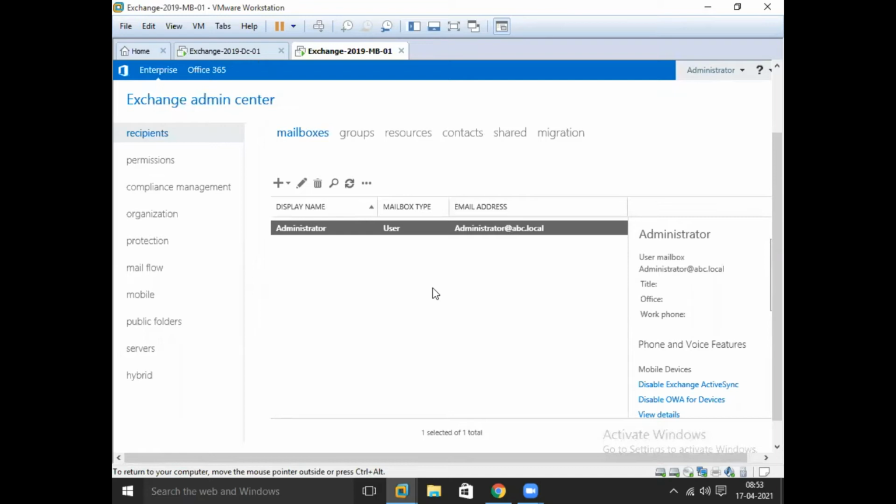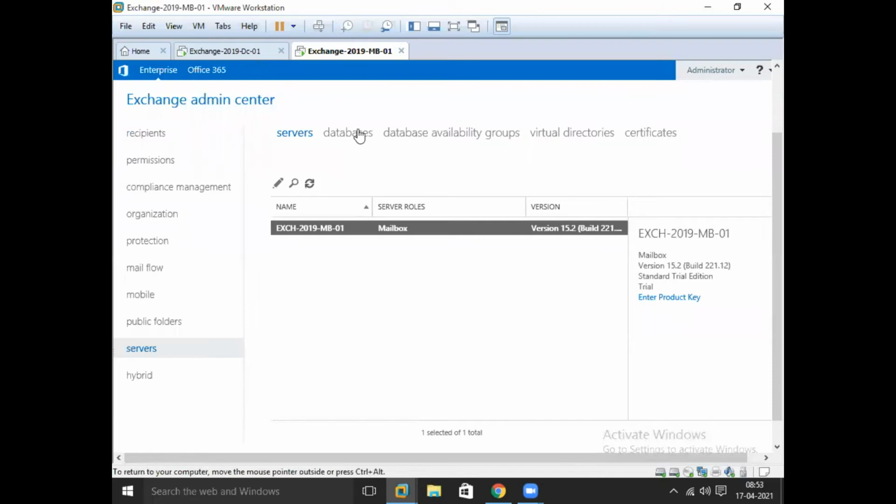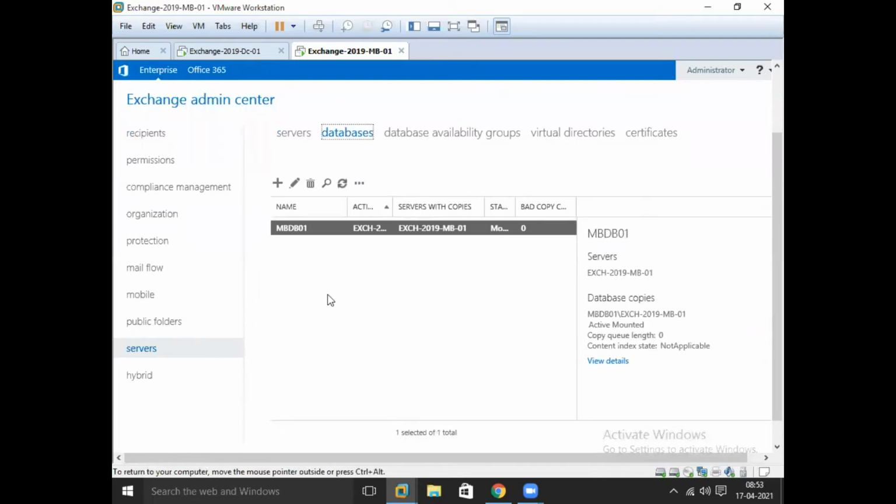Imagine that if you have multiple departments, I may want the IT mailbox database to be different, the finance mailbox database different, and the HR mailbox database different. So we can create multiple databases as well. As you already know, when we install Exchange Server, one mailbox database is automatically created, which you already saw in the last video. Once you click on servers, the database option is there. This is the database we already renamed in the last video.